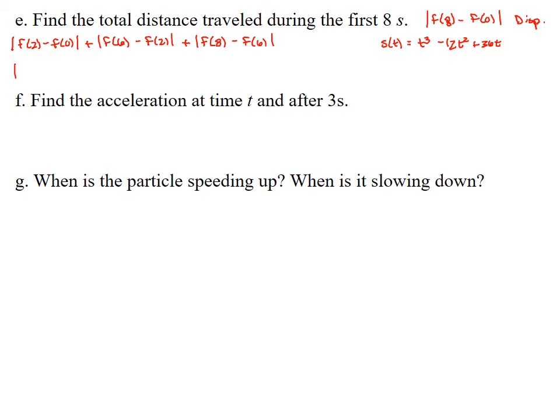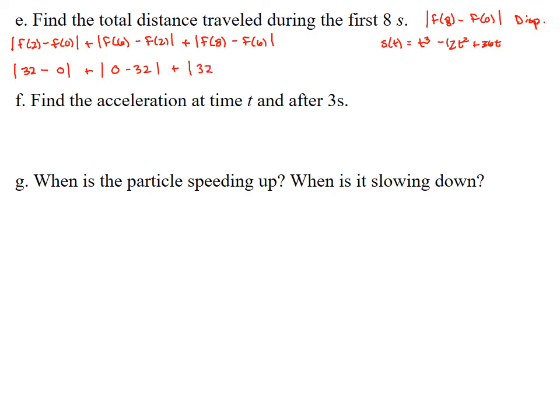If you plug 2 into this, 8 minus, you should get 32. If you plug 0 in, you get 0. Plus, if you plug 6 in, that number's kind of big. So 6 cubed minus 12 times 36 plus 36 times 6. Oh, there we go. Actually, so you get 0 minus 32 plus,